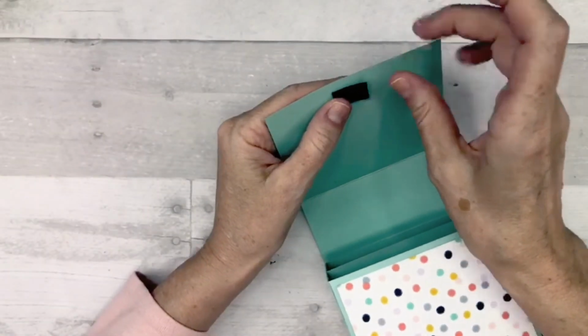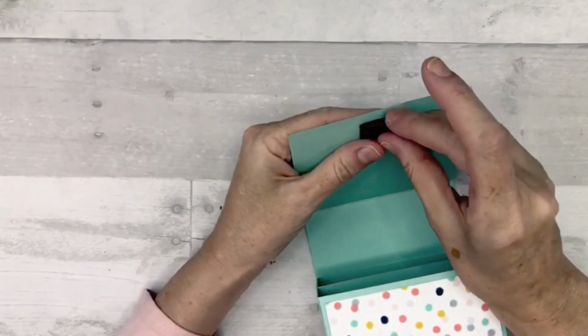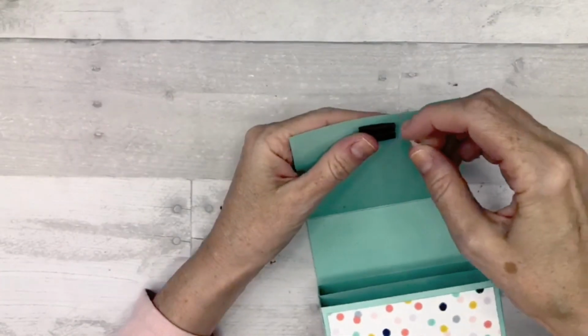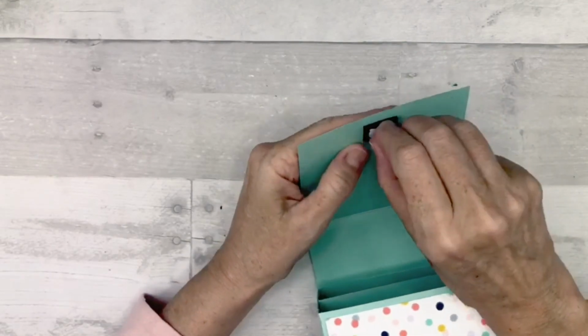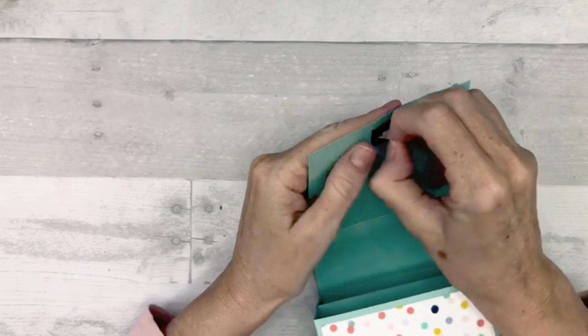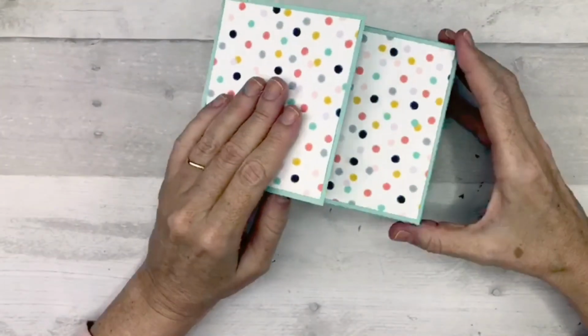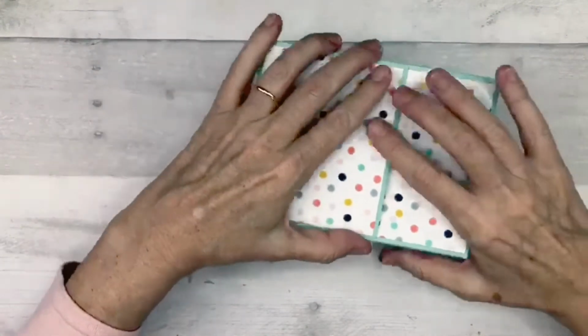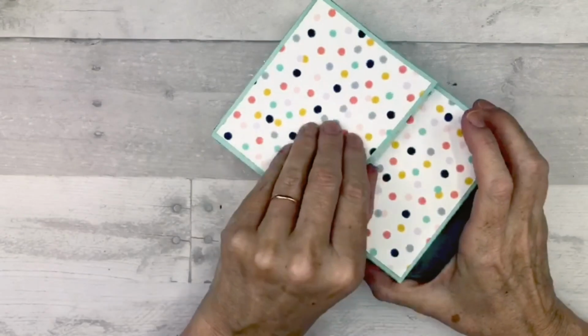And then you just place it wherever you want on the inside, but the way to get it to line up is to put it on top, and this goes for however you want to put the magnet. Put it on top of its little mate, and then close the box and adhere it. So now it will line up and you're not trying to guess. Okay, so I'm putting that on there with the